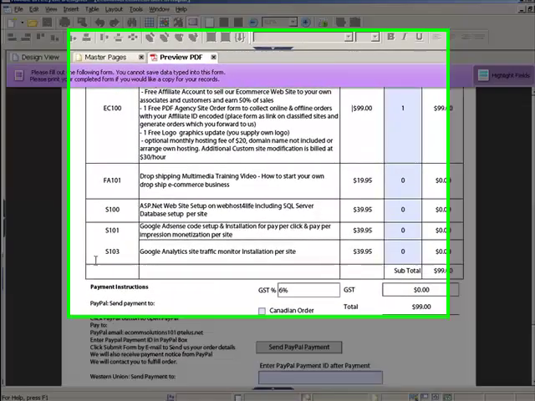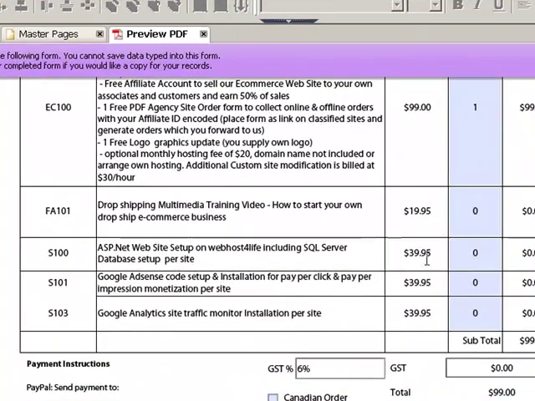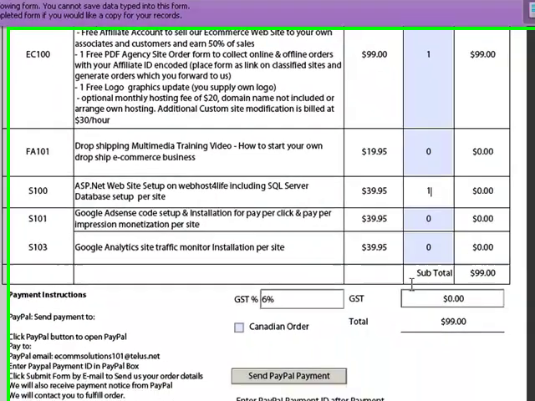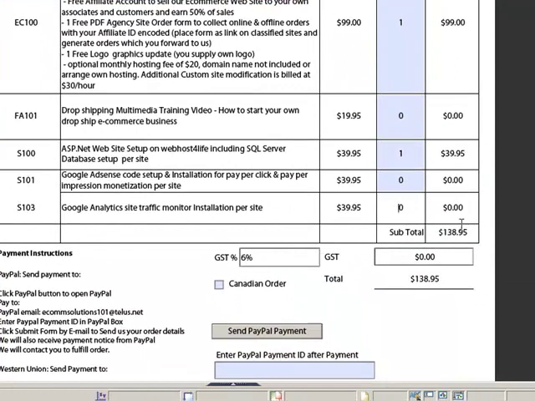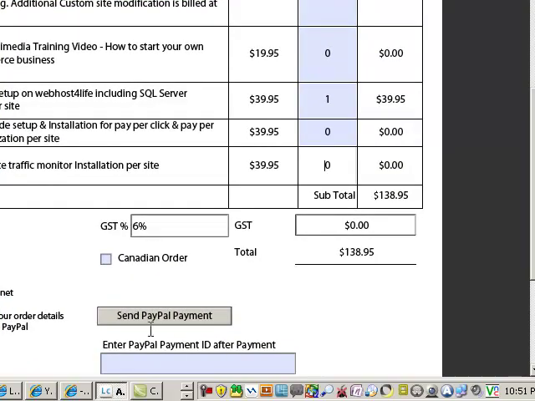Let me say I want them to set up the website for me as well. I go there, enter one, and that's it. It recalculates the total again. If I want to remove it, I just change the one back to 0. That's how the customer will remove the product.